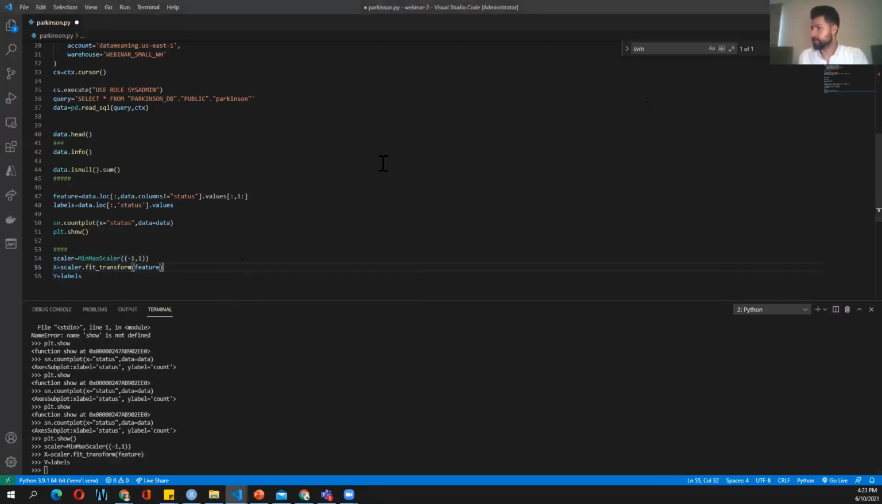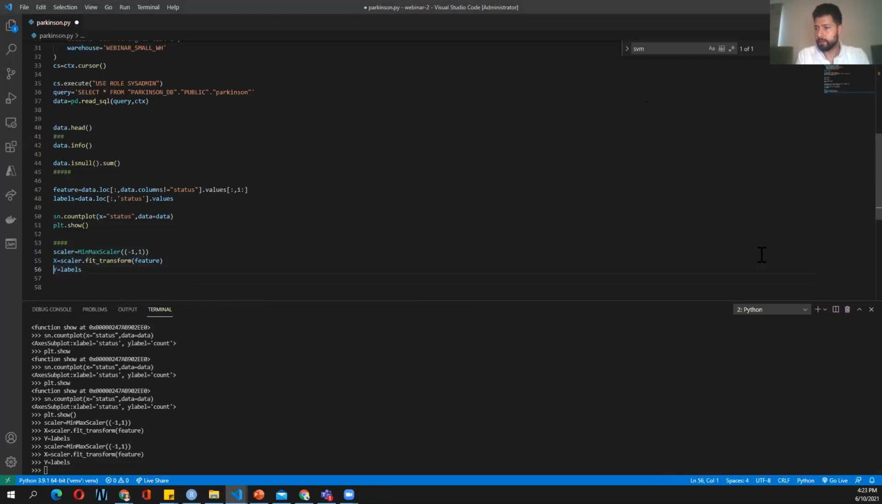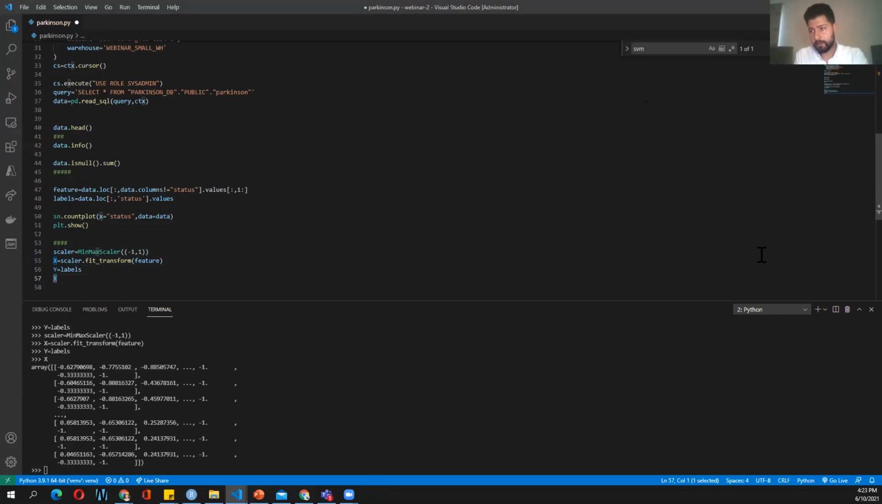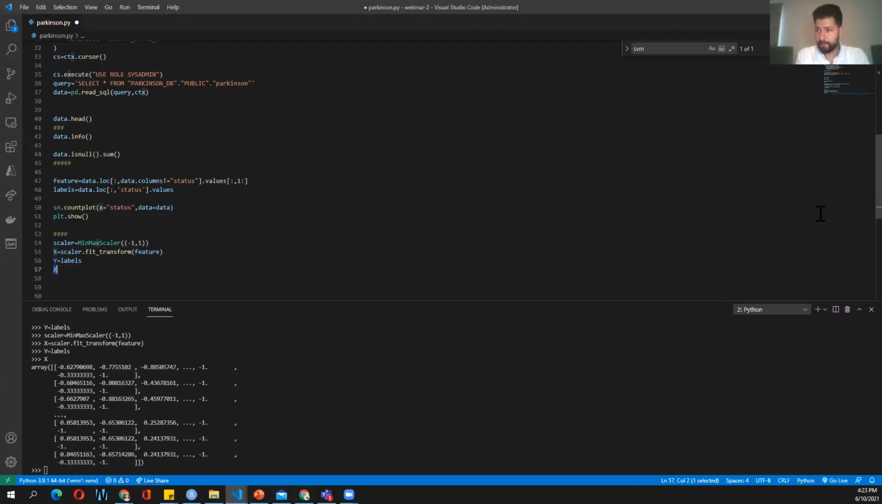Let me just close this plot. So here we got our x values matrix, which is scaled between -1 and 1. And now we're gonna just do the train test split. So for that, we're gonna get the x train, x test, y train, and y test,